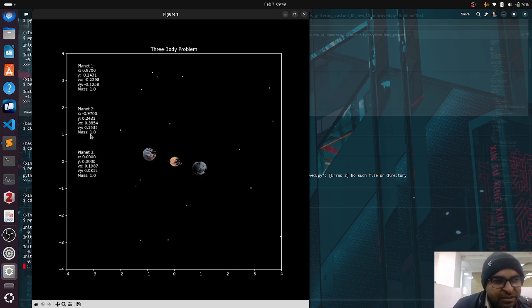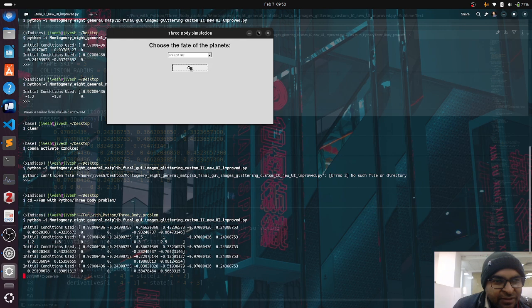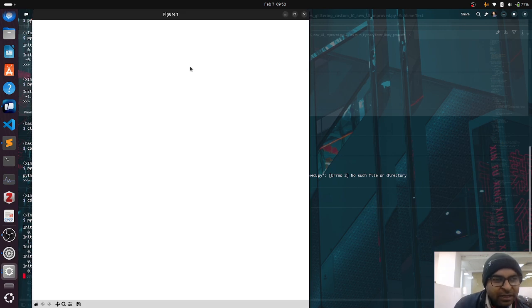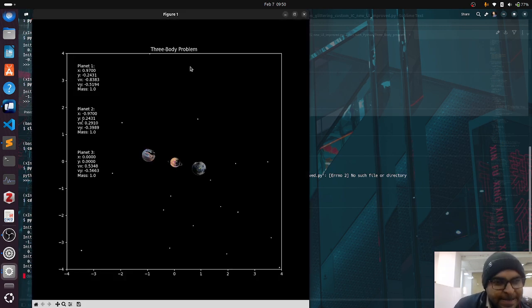As I have mentioned, we can see the initial conditions used for these simulations are listed here. In this case, they imploded right after. We'll look at a few more cases.